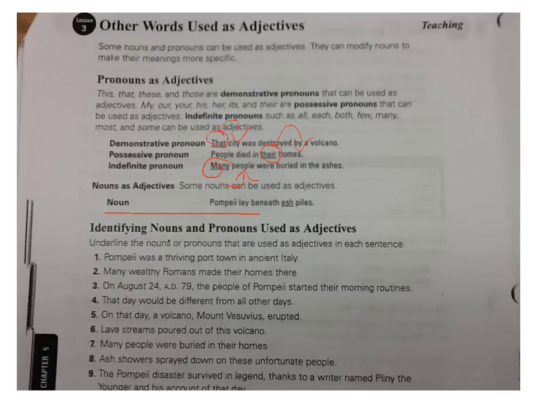And in this case, you can use a noun, like the word ash. That is a person, place, or thing, right? But when you have it before the word piles, it's telling you what kind of piles they are. They are ash piles. I'm going to list off a few additional pronouns, not just that, there, and many, but